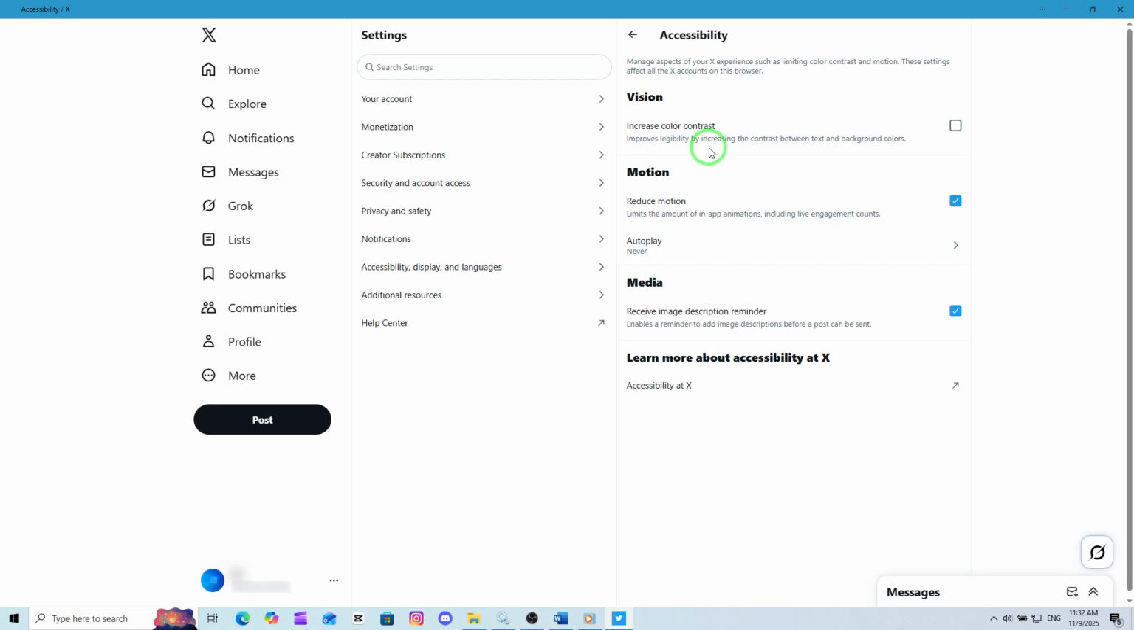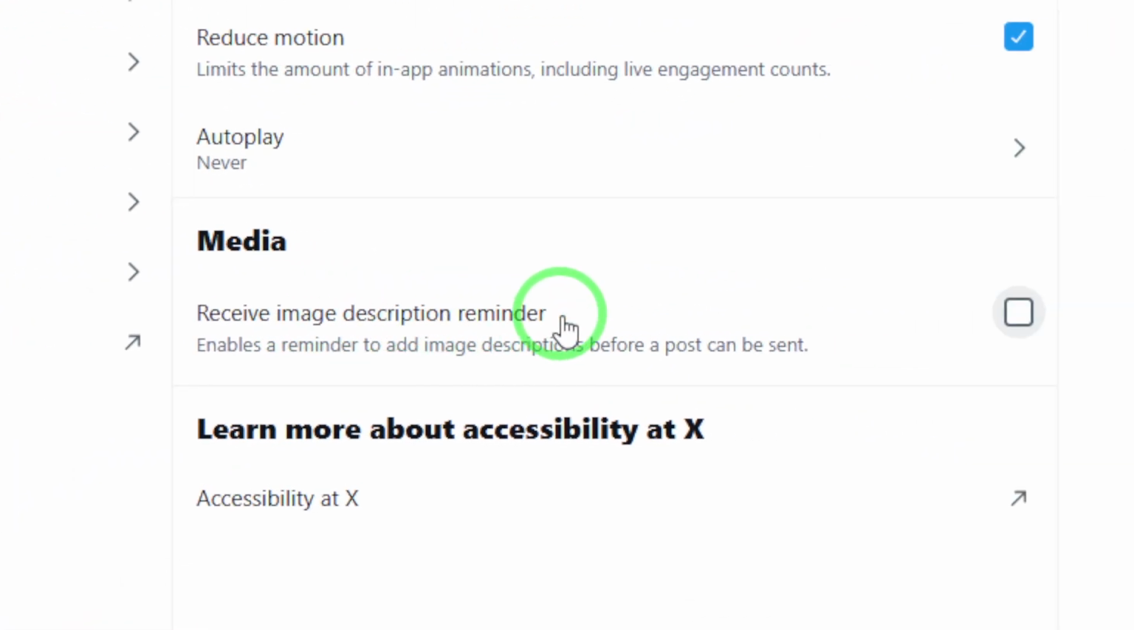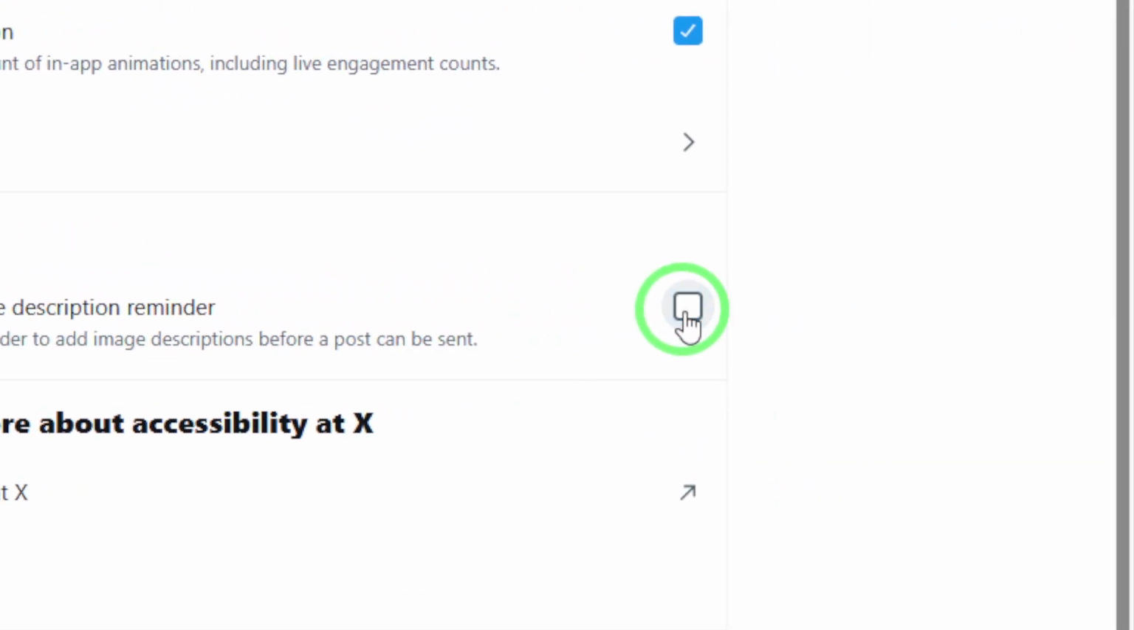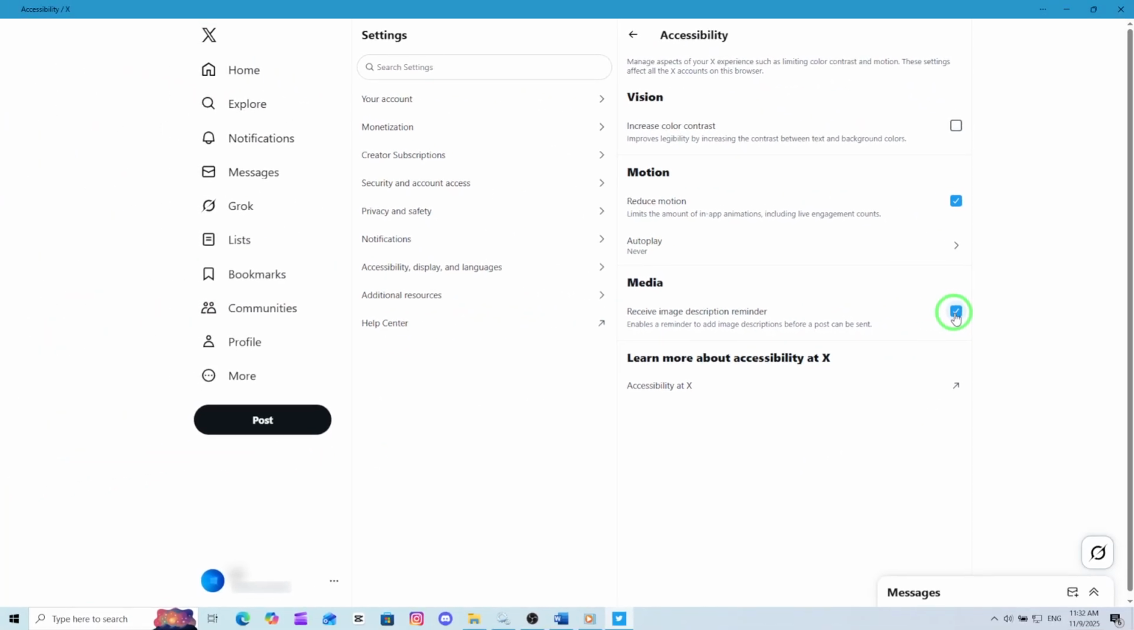Now scroll until you find the setting labeled Receive Image Description Reminder. You'll see a checkbox or toggle next to it. Simply check the box or turn it on. What this does is activate a reminder that will appear anytime you try to post an image without adding a description. It gives you a gentle nudge to include important details in your photos so people using screen readers can